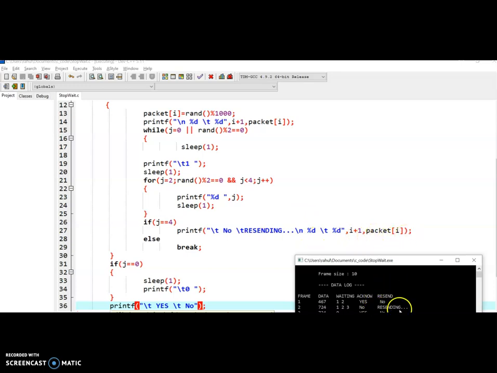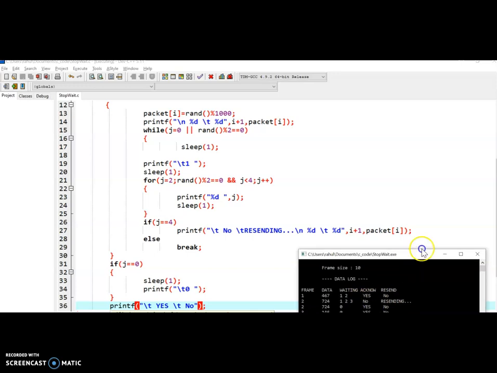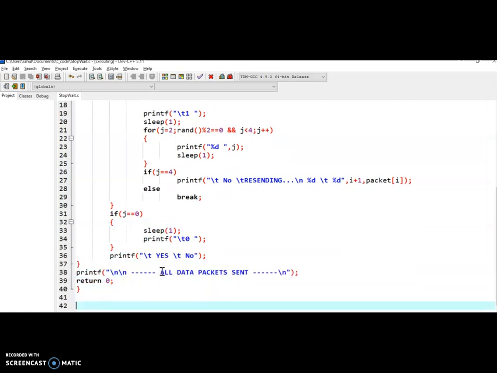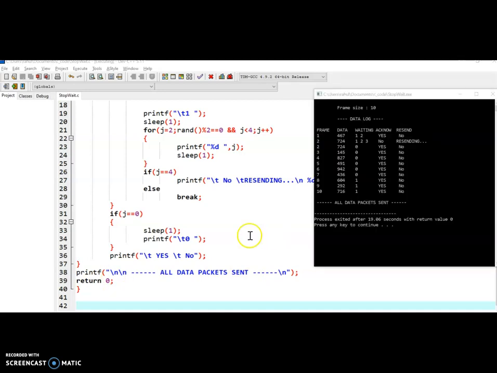We have to print the resending. Here you have to print that the acknowledgement is no. Then again go to the same loop. It continues up to the end of the frame size. If j equal to 0, then you have to wait for some time, then printf \t0.